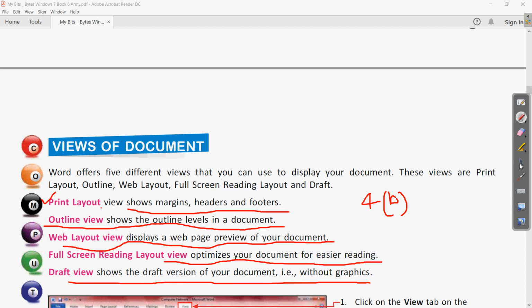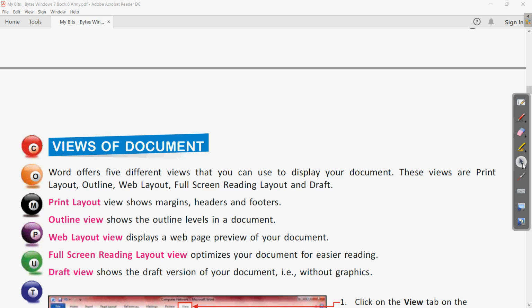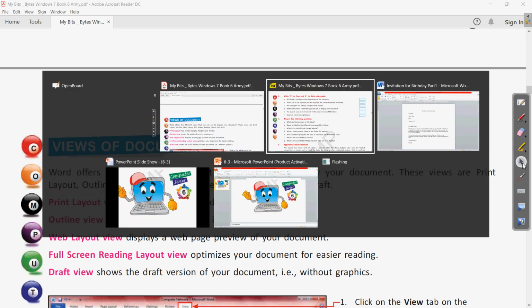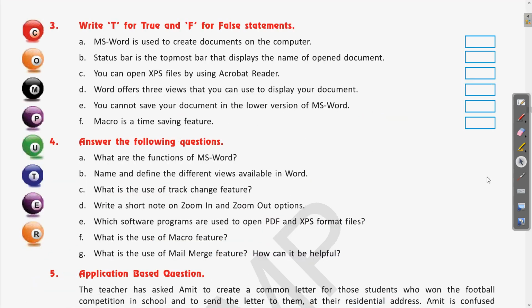Then question number third, that is 4C. Let us erase this and come to the third question, that is 4C. 4C is, what is the use of track change feature? Here you can see, what is the use of track change feature. So this answer is also in the book itself.